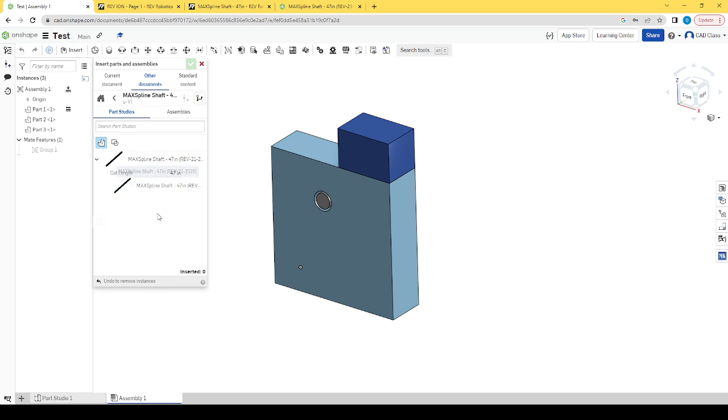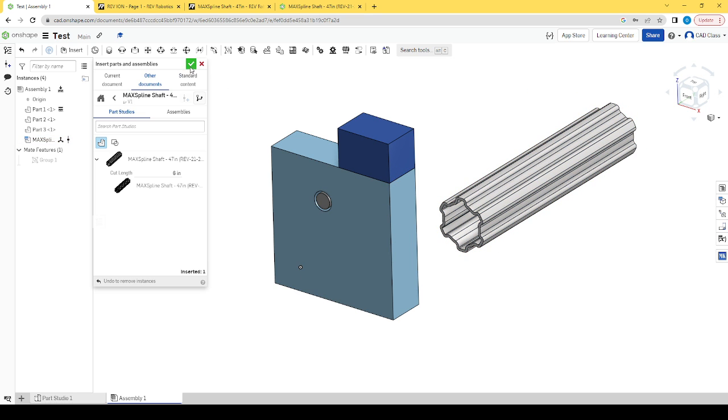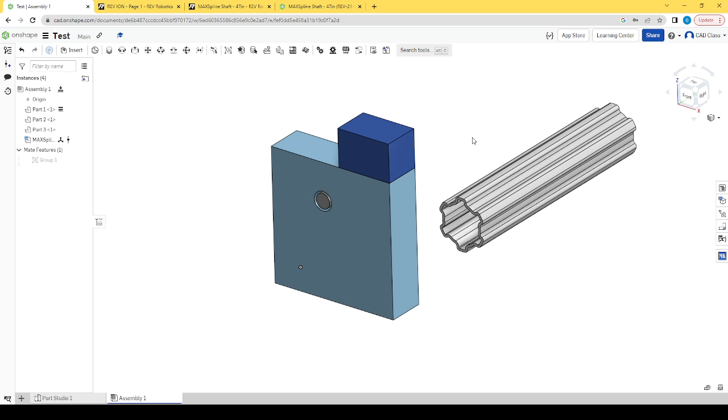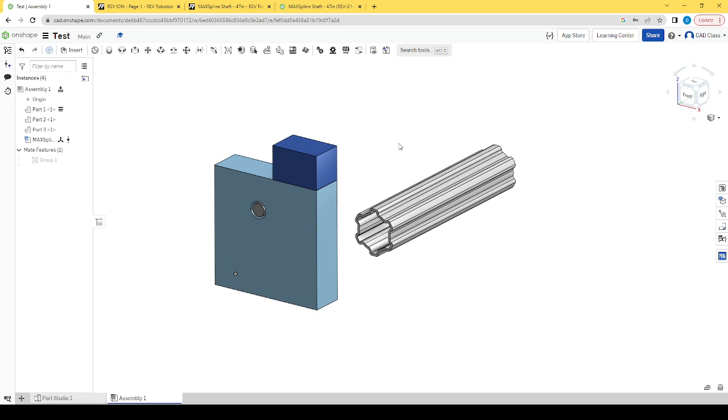Like here's the part studio, here's the individual part. This one is configurable, so I can make this shaft shorter if I want to. Click on it. It's going to have to generate here, but it will insert into your assembly. So that's how you place parts in from an outside library if you have a link to that document or if somebody shares a link with you. In addition to that, there's the MKCAD